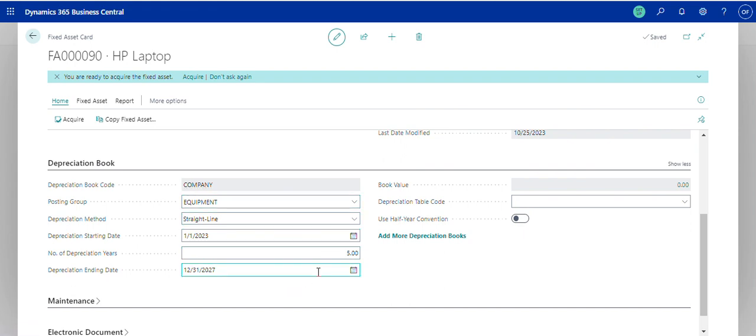Now that we see that here, of course my book value is 0 because I haven't purchased it, and I don't know if